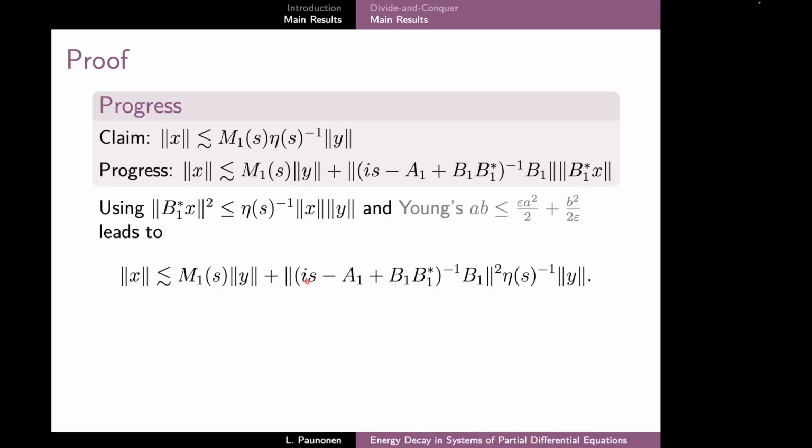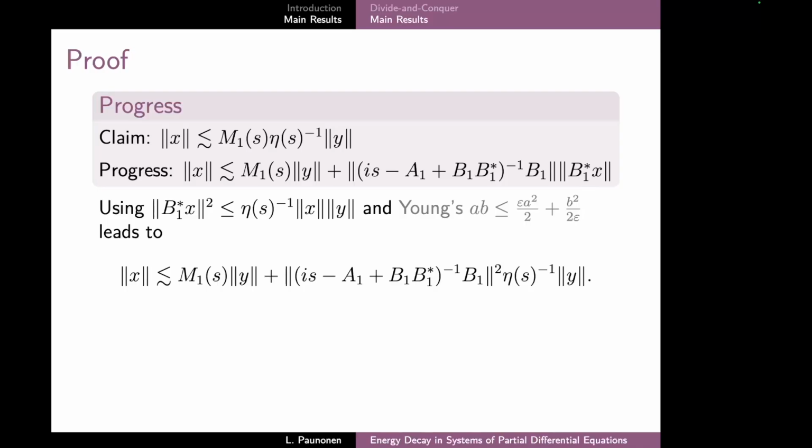And this is in fact a suboptimal estimate. And the reason for this is that the dissipativity implies that in fact the resolvent norm of exactly this kind of a minus bb star behaves better when it's applied to the operator b